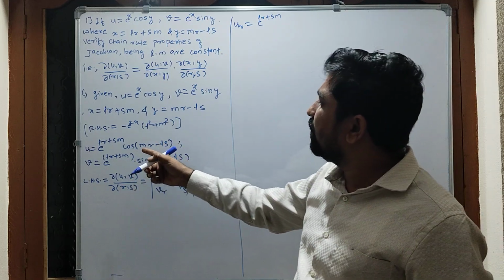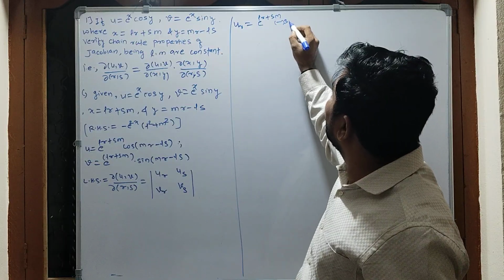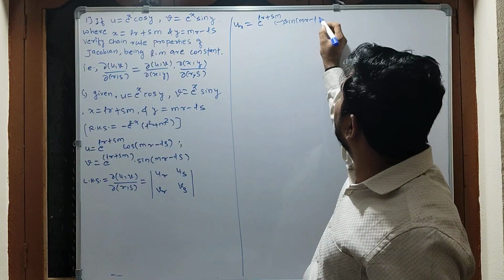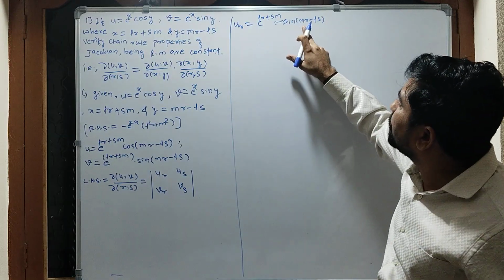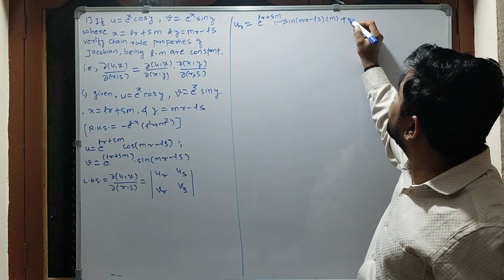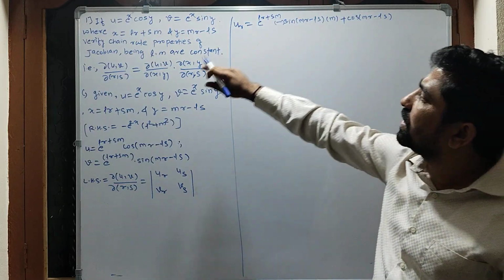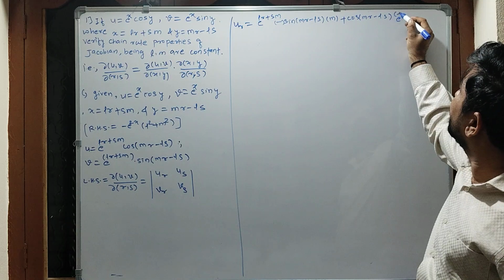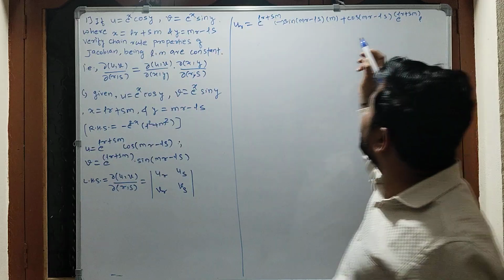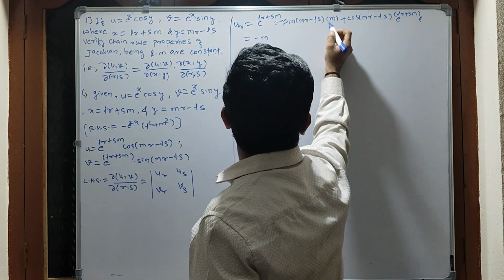The derivative of cos is minus sine. So here minus sine of (m r minus l s) into the derivative of the angle with respect to r, which is simply m, plus second as it is, that is cos of (m r minus l s), into the derivative of the first, that is e to the power l r plus s m, into the derivative of the exponent, which is l. So this is equal to minus m times